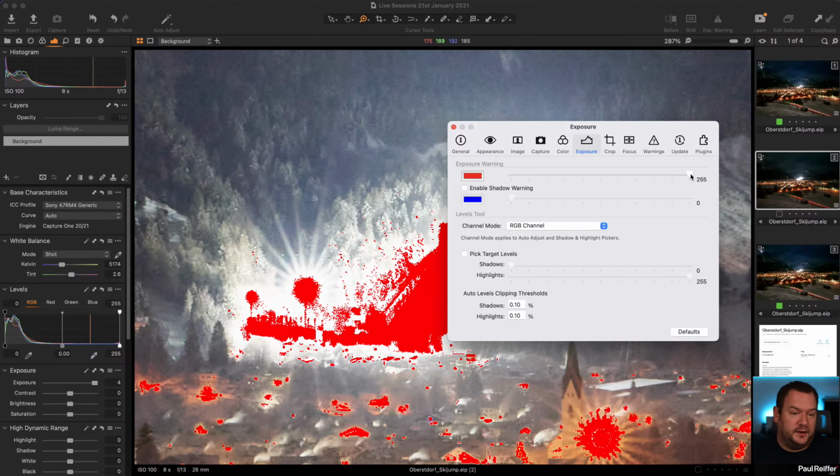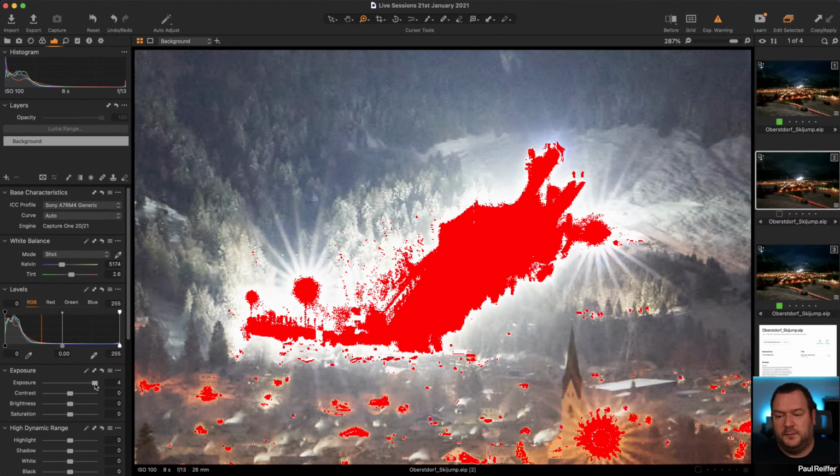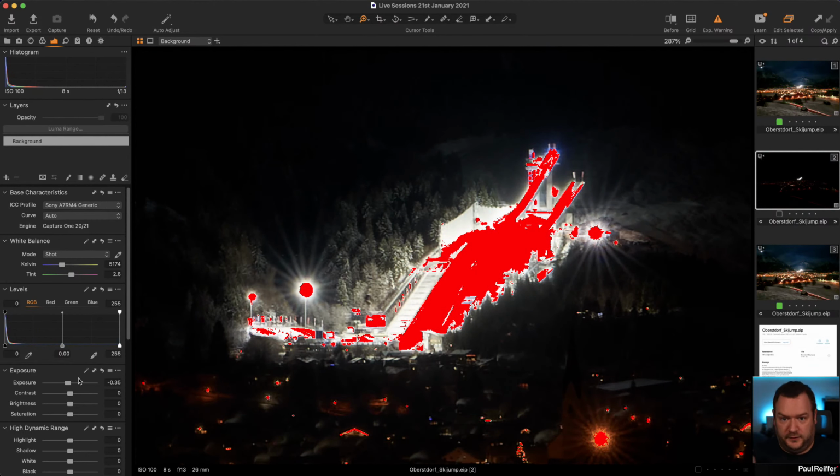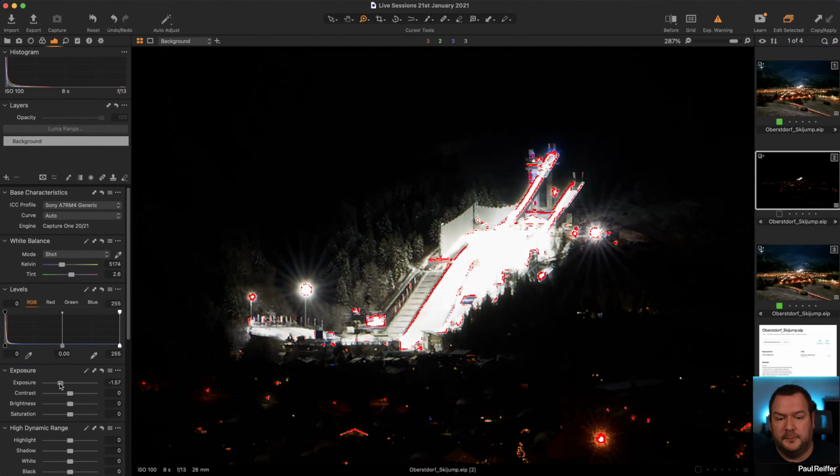A lot of people have them set lower, I think the default is like 250 or something like that. And it's a warning, remember. It's telling you, look, risk. There's a risk that we don't have any data in here. But sometimes when something is pulled so bright in the scene, we have a little bit of a problem when it comes to recovering it, because if I just use this warning to tell me that, okay, we've got all the detail back, and pull this down,